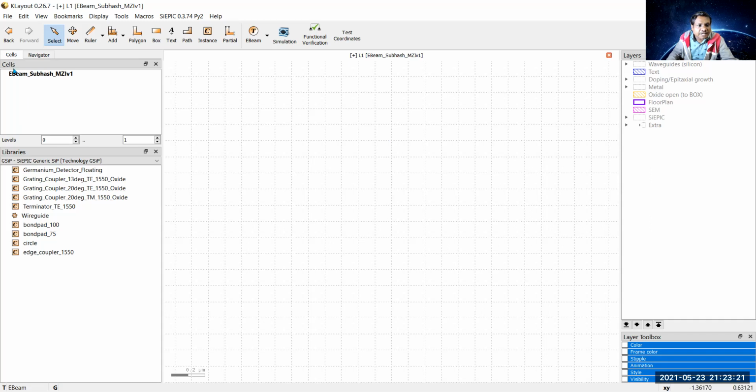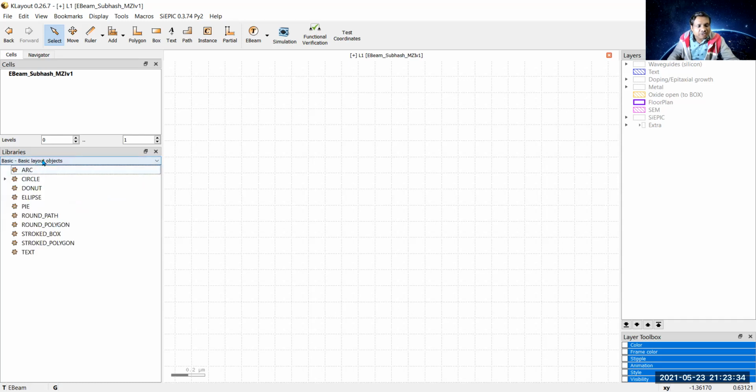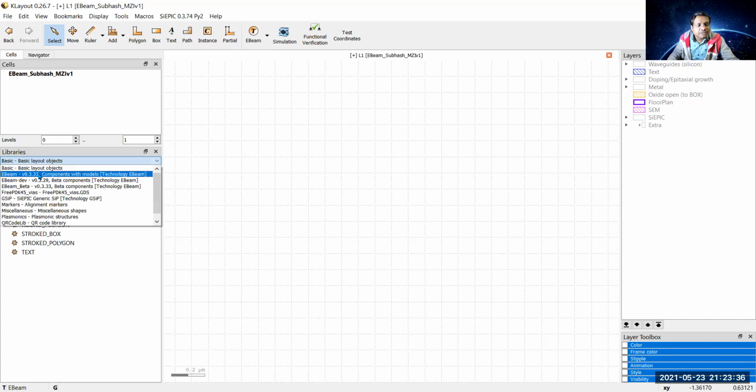On the left hand side we have cell, and another we have navigator. Below on the left hand side we have library, which is selected here. For example, I select here Basic, then EBeam, version 0.3.33, then EBeam Dev, EBeam Beta, Free PDK45.